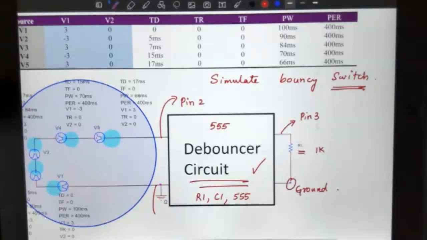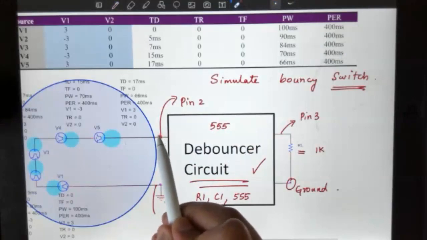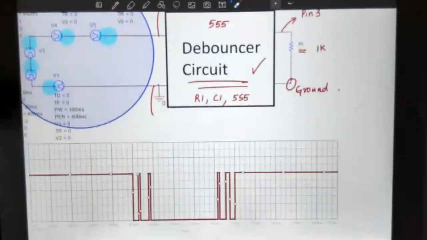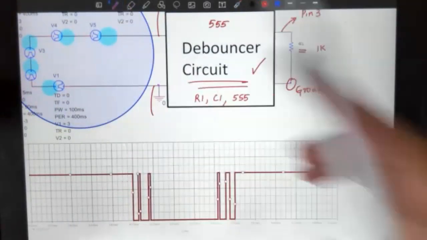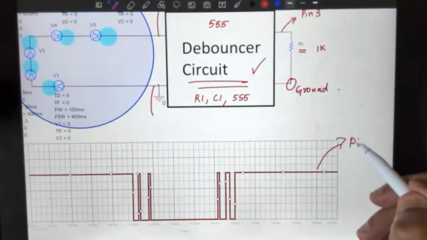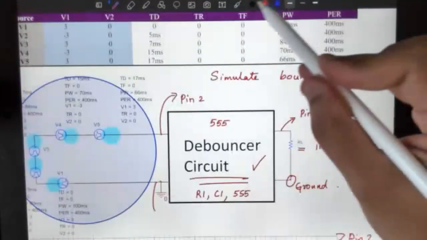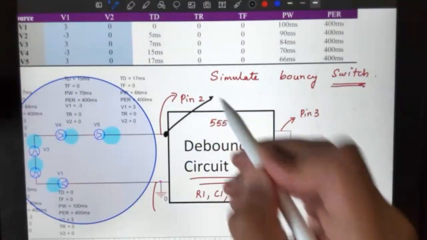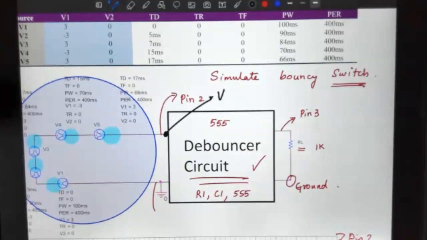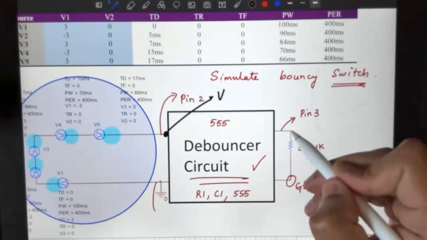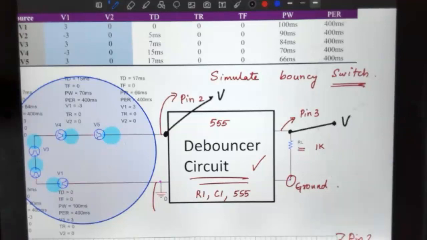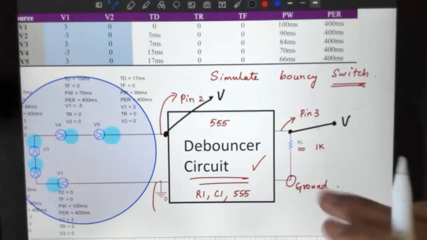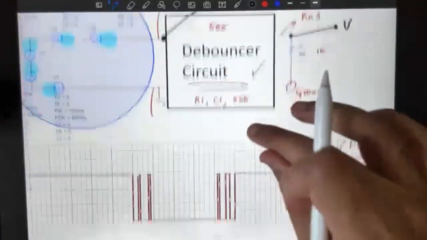But your voltage probes, where are you measuring? Well, you're measuring pin 2 definitely. Why is that? Because you want to make sure that the pin 2 voltage looks like this, a bouncy switch. So that's definitely what you need to measure. So you need to put a voltage probe right over there to measure voltage. And of course, you need to do the same thing for the output. You need to put another voltage probe at pin 3, and hopefully if you do this right in simulation,